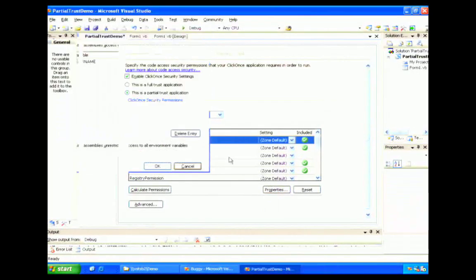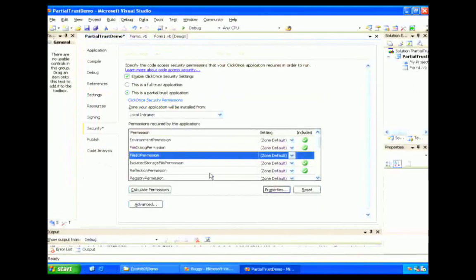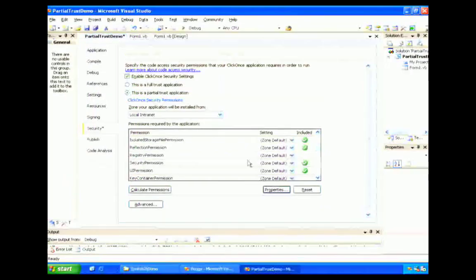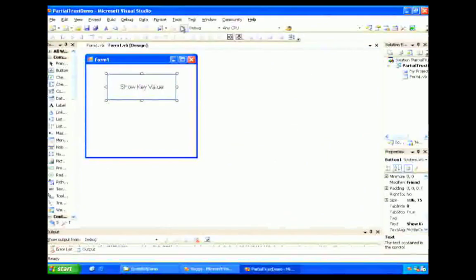All right, some of them do. That one does a bit, to basically say what permissions I have within the intranet zone. If I have a look down, you'll see I don't have the registry permission, right? So if I rerun this, now that I've set my zone,